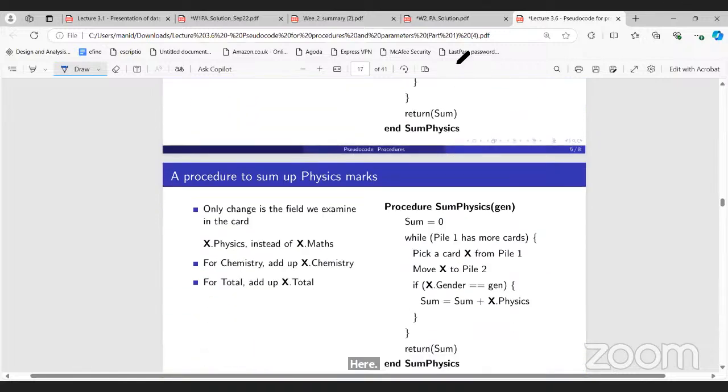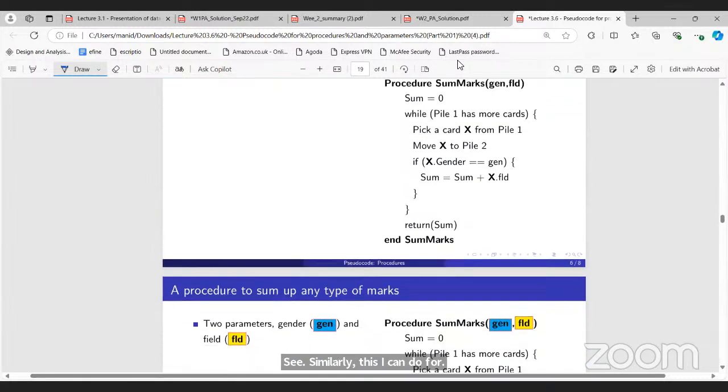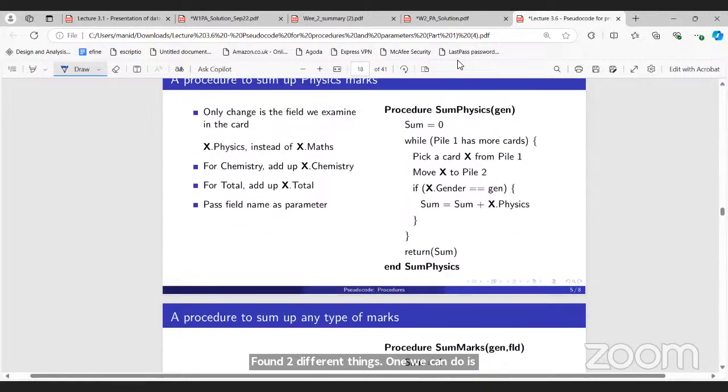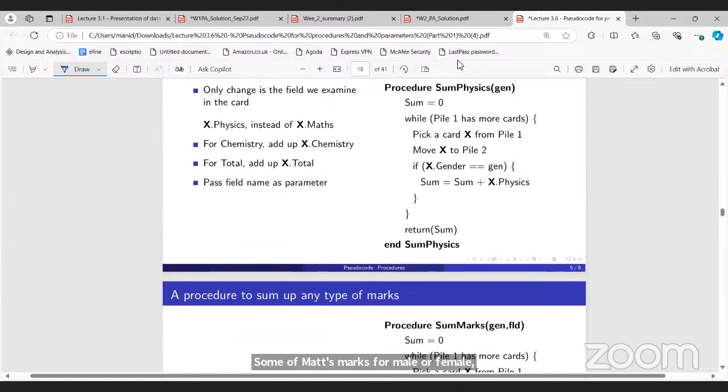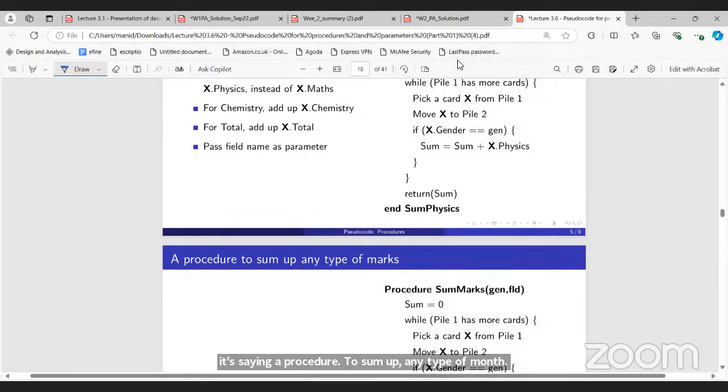Similarly, this I can do for male, female, both, and this is very simple. So now we have found two different things: the sum of maths marks for male or female, or the sum of physics marks for male or female. Now it is saying a procedure to sum up any type of marks. Any type of marks means I can either sum up male or female marks,